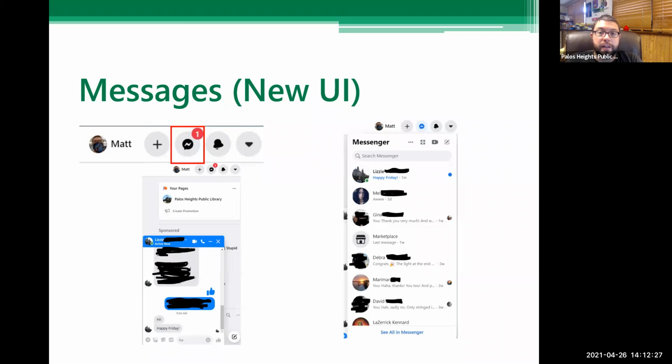And once you click that, it'll pop up on the right-hand side, where it'll show you a list of everyone you've messaged with and a little preview of the messages. You can click any of those and it'll pop up like on the bottom left-hand screenshot. It'll pop up a little box at the bottom of the screen, and you can communicate there. If you're on a phone or a tablet, this all just happens in the Messenger client. But it will all look pretty much the same wherever you are.